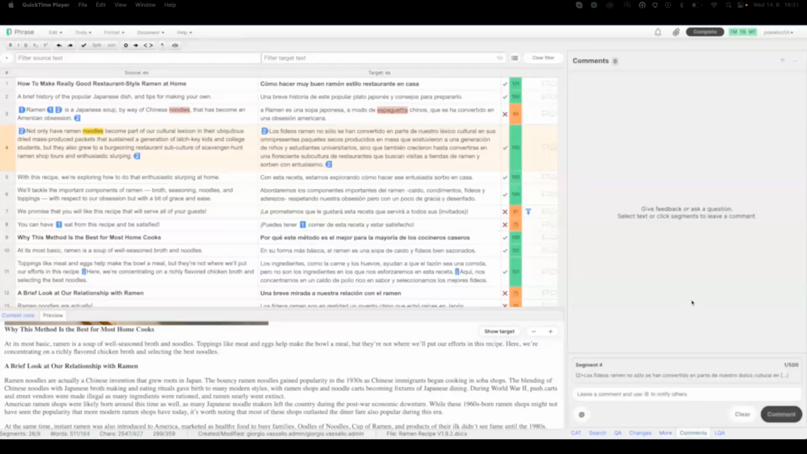The next one is comments. Suppose that you're working on a translation and want to point something out to everyone involved. This is how you would do so. You can either click on the speech bubble or click here on comments. And at the bottom right, you'll see the segment that you've selected and this empty field where you can add